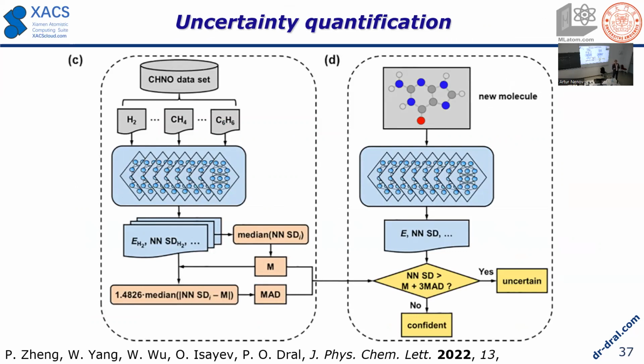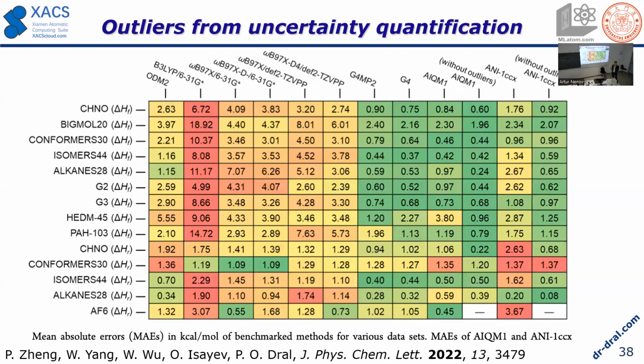Now, here is more on this. In quantum mechanical methods, it's hard to judge their reliability. You don't know whether it's good or not unless you compare to some other high-level calculations or experiment. Here we get it automatically because we have an ensemble of many neural networks. So if there is a large disagreement, then we say it's not reliable. And this can be very useful. First of all, this table is basically heats of formation. Heat of formation is extremely difficult to get with quantum mechanics. It's very expensive.